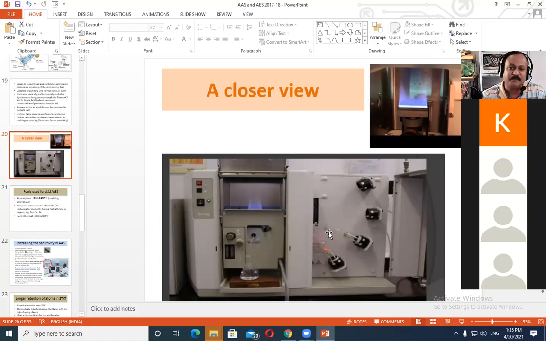It will be aligned. Of course, the lamps need to be aligned because the radiation coming from the lamp should go exactly through the center of the flame, so some minor adjustment in the alignment of the lamp is needed, in both the XY axis and the Z axis. In all three dimensions, the lamp must be aligned carefully so that the radiation goes exactly through the center of the flame, and therefore your analysis will be very efficient.